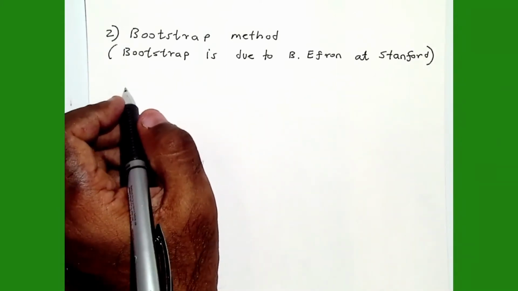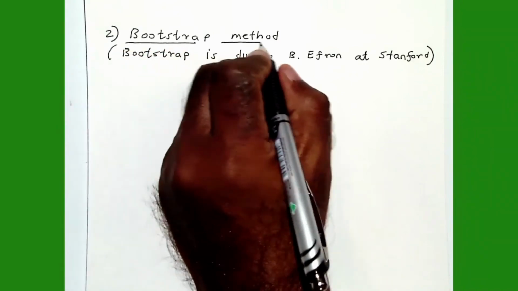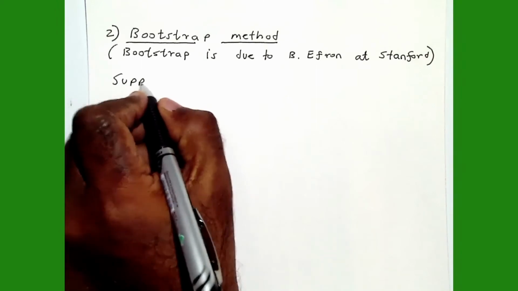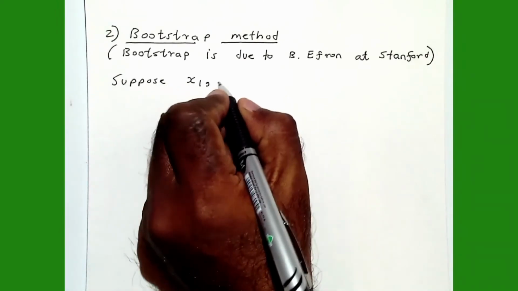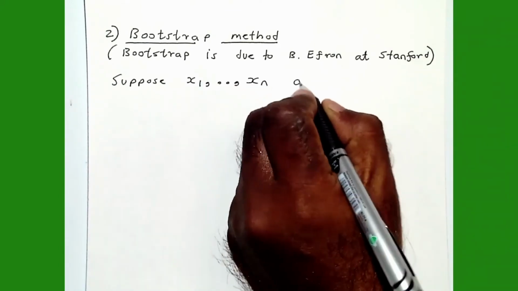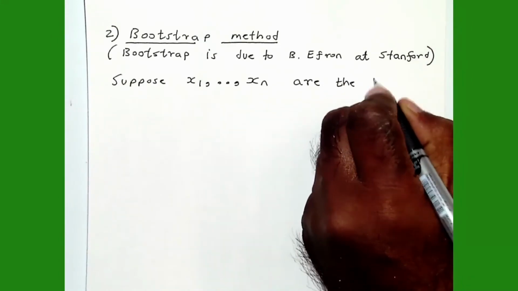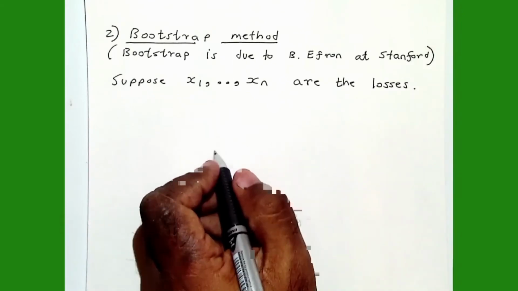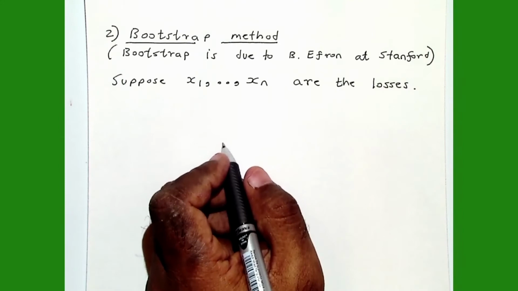Now suppose once again that x1 to xn are the losses. According to this method, you need to first compute